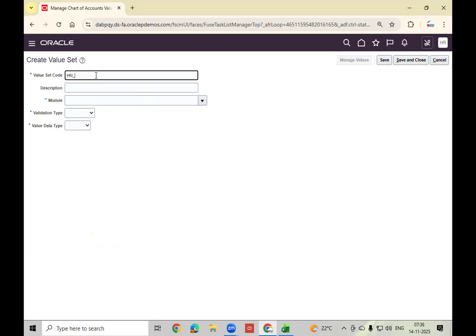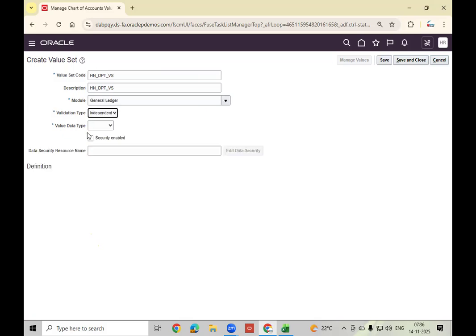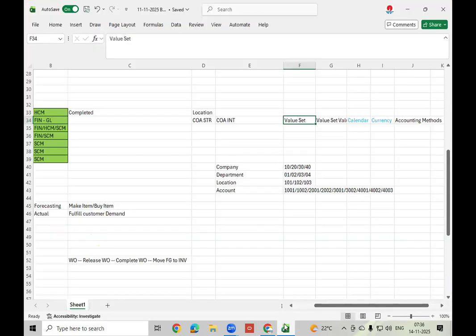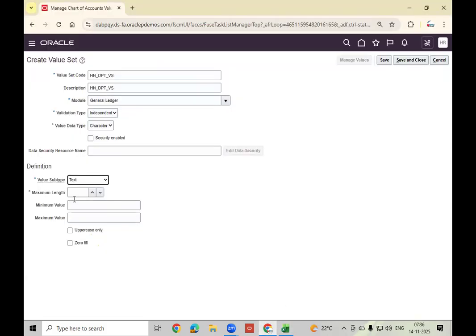Action underscore department value set, module general ledger, independent, character, text. So department, how many? So here also two. 7 plus